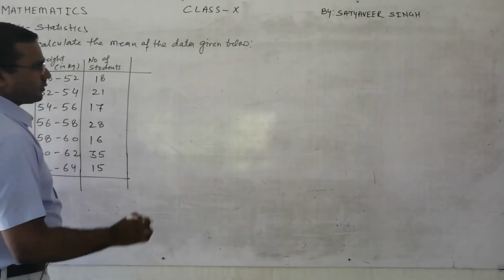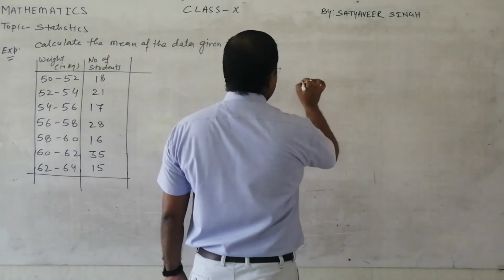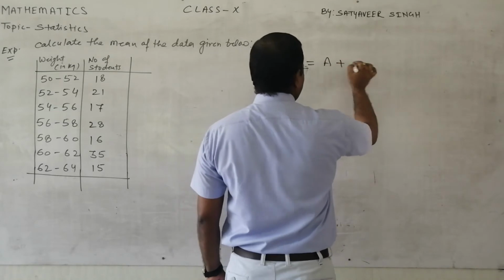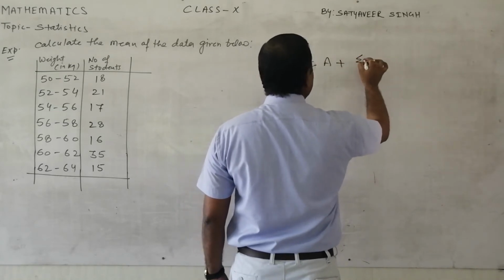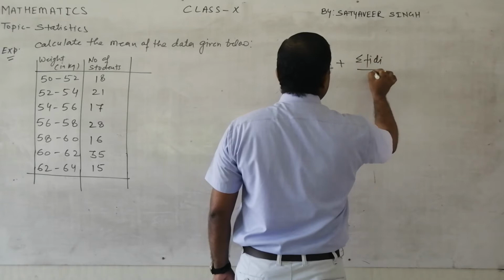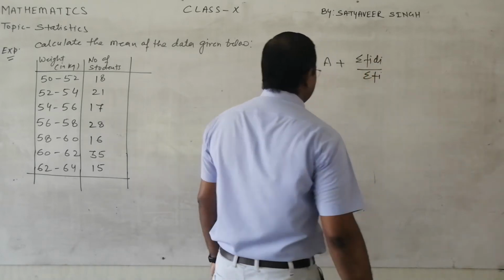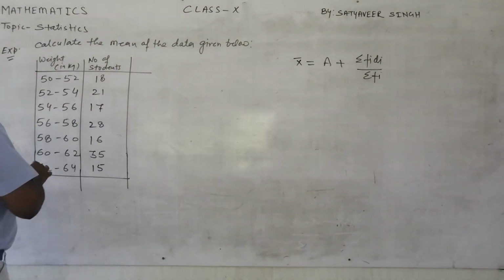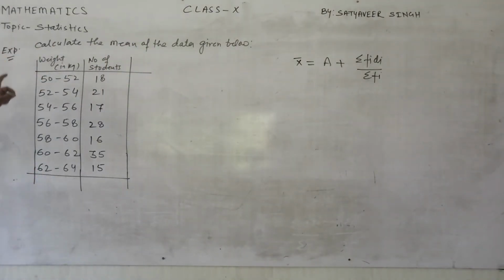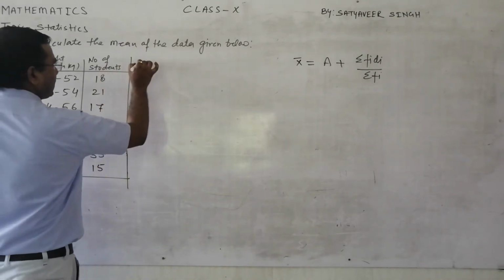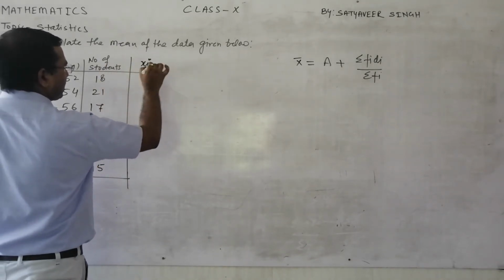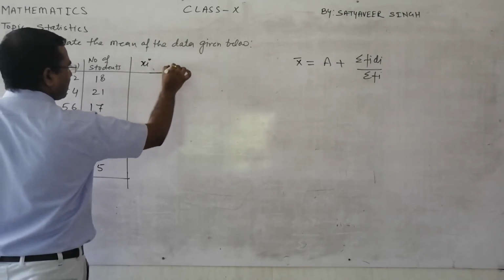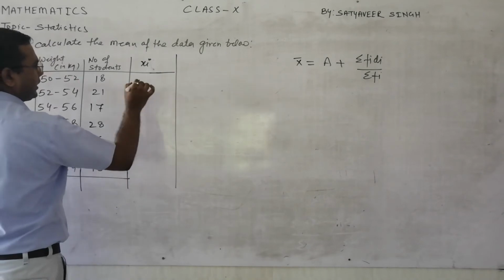We want to find out the mean using the assumed mean method. See student, first of all I am writing here the formula for finding the mean using the assumed mean method, so that you are clear which terms we are going to use here. This is the formula. So what is di? You know that it is deviation. First of all, from this interval table you will have to find out xi. Xi is called class marks. So you will calculate xi.